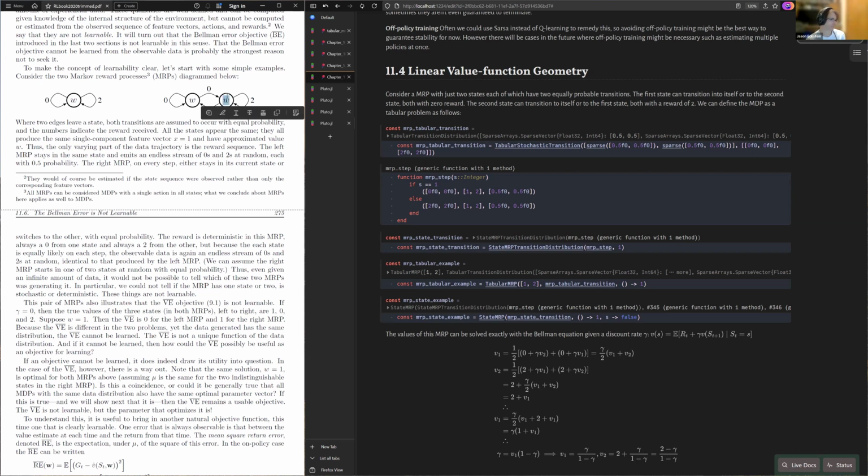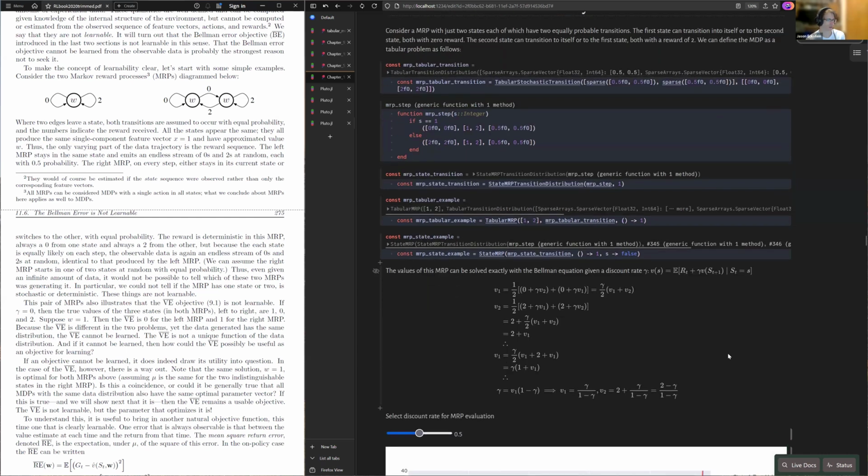And then for this right state, you can either transition back into it or to the left, or to state one, and there's a reward of two. Okay, so you can solve this problem exactly. It has two states, and here I am showing that if you use the Bellman equations, you can solve this problem exactly. So here's the equation for V1 and the equation for V2, and you end up with this expression for V1 and V2, where V1 is going to